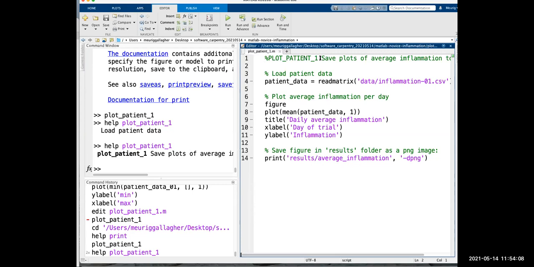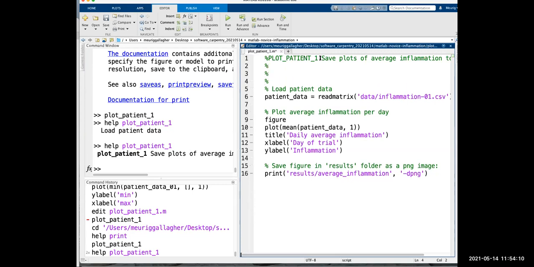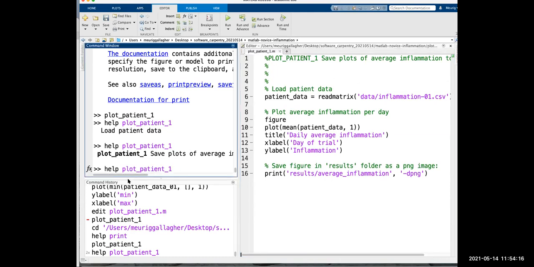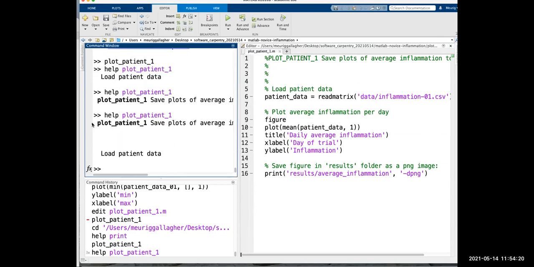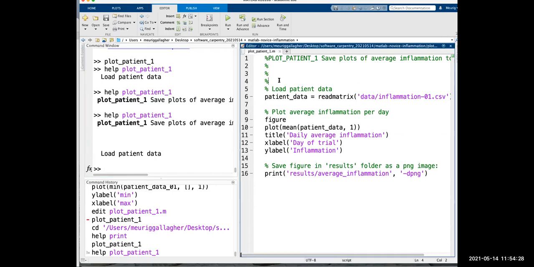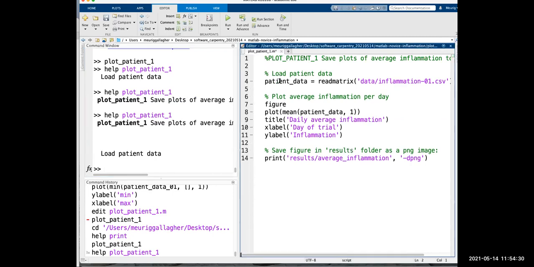As long as we have matching comments here, it's going to print everything in this matching comment block. So if we use the up arrow to go to our previous command, you see it's now printing everything, all those spaces and the load patient data bit. So we could put loads of information in here, or very little, whatever you want. We're just going to keep that single line because I think that tells us enough for what we want to do.